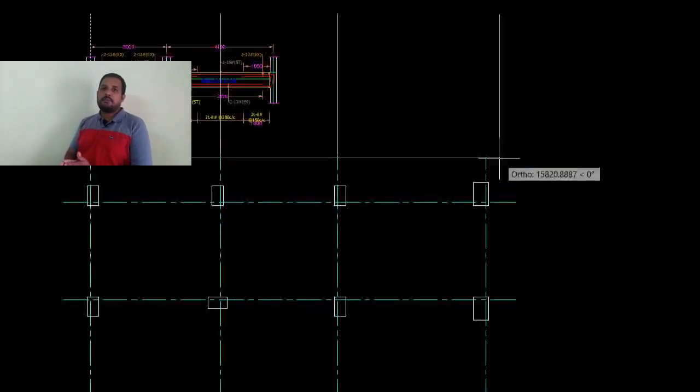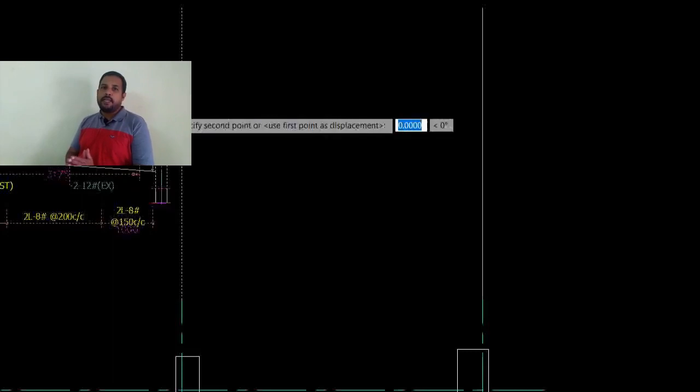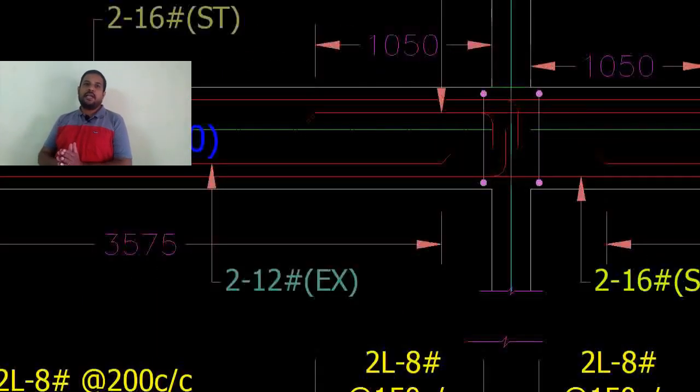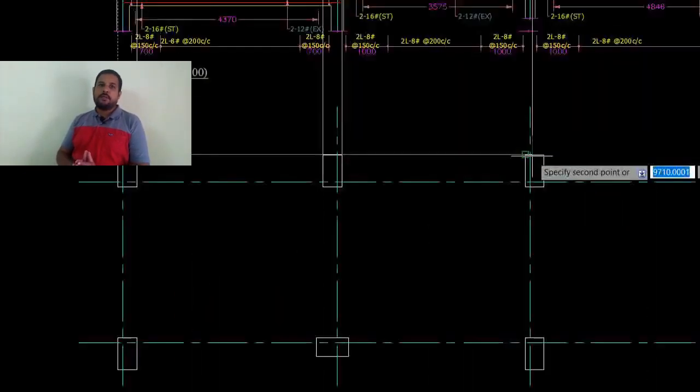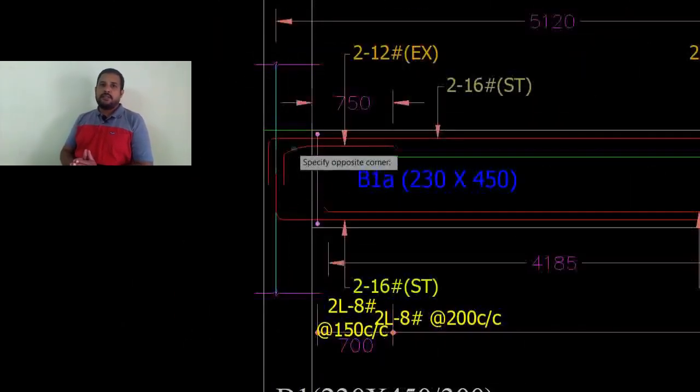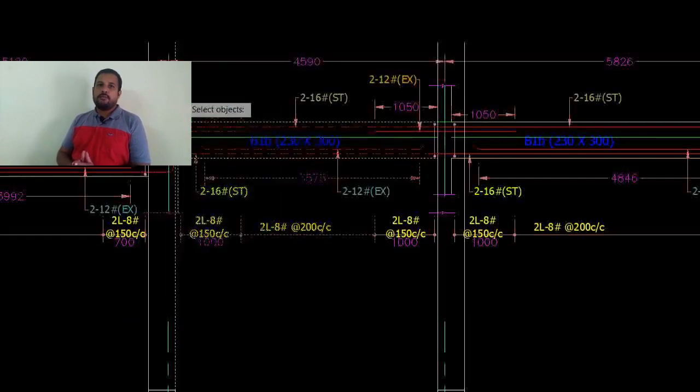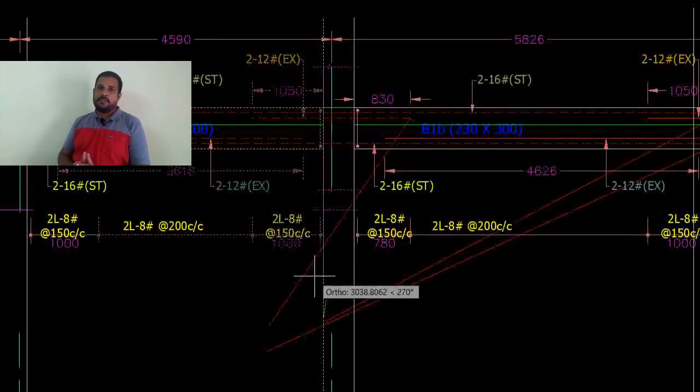Here I am going to explain how to save time in developing beam LS details as well as steel calculation. In large projects it will take a lot of time to develop the beam longitudinal sections, and it will also consume a lot of time in calculation of steel requirement.